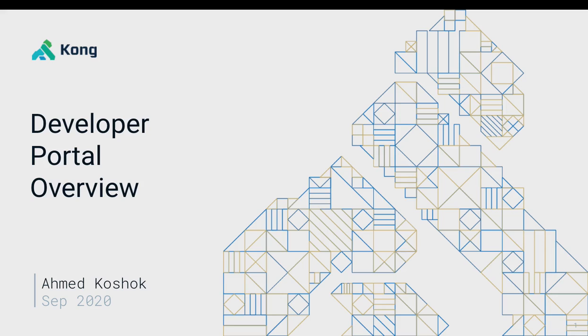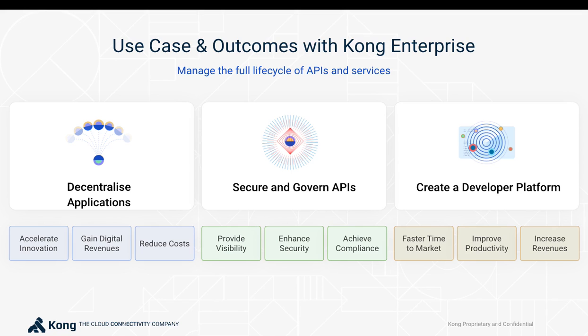I'll be taking you through an overview of the Kong developer portal, which is part of the Kong platform. The Kong platform is used by organizations to decentralize and distribute their applications by creating APIs and microservices. The platform helps them secure these APIs and microservices and deliver them in a well-governed manner. The final component of the platform has to do with productizing these APIs and making them available for external users